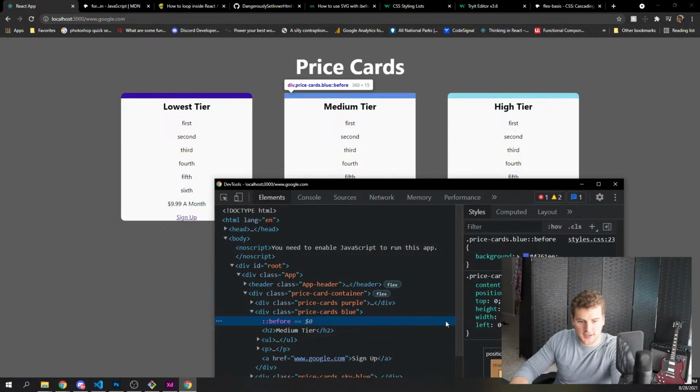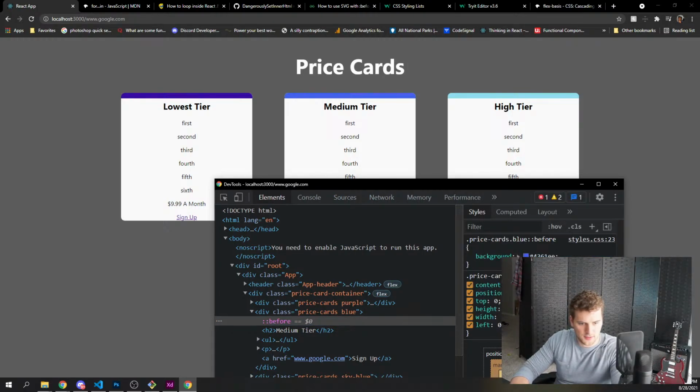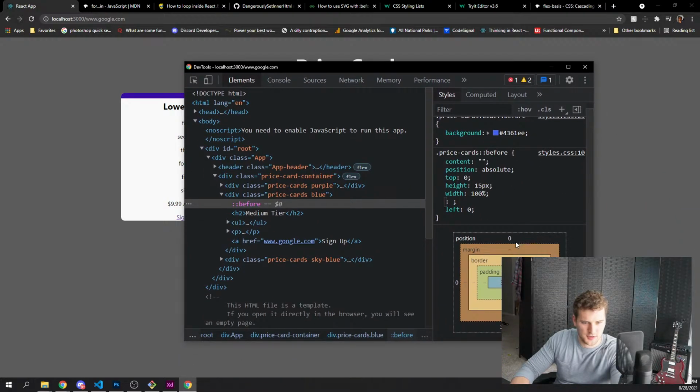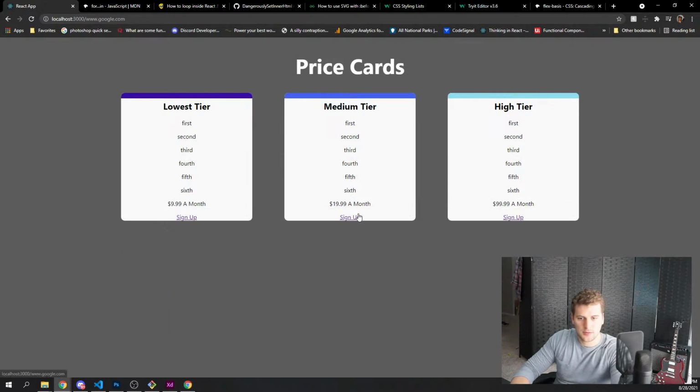So if we look at that, does this still have border radius? No, it does not. If we do border, it doesn't inherit the border radius, right? I don't think so. That's not an inherited property. Nah, that'll work. Screw it.